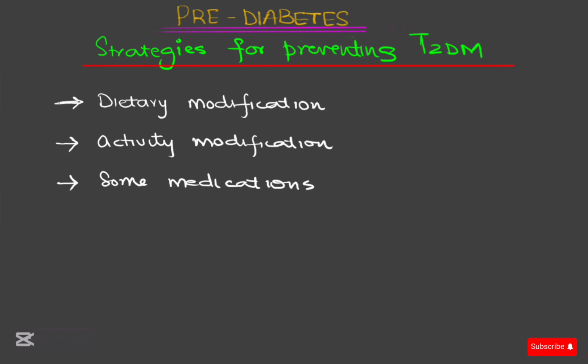These evidence-based strategies to prevent diabetes, such as intensive lifestyle modifications with weight loss, are also very cost effective compared with treating the complications that are associated with long-standing type 2 diabetes mellitus. So, this concludes our lecture for today.